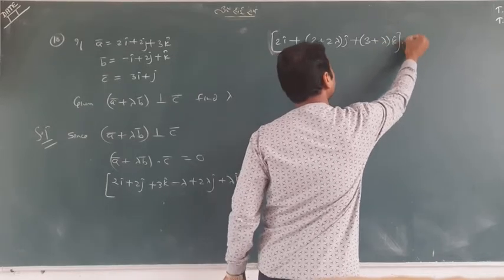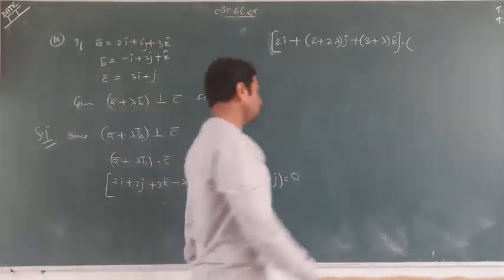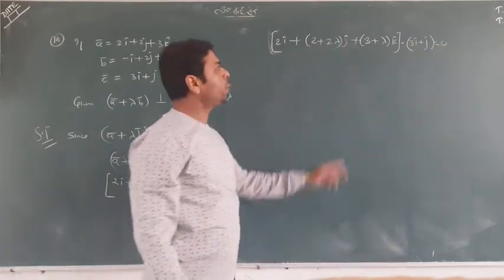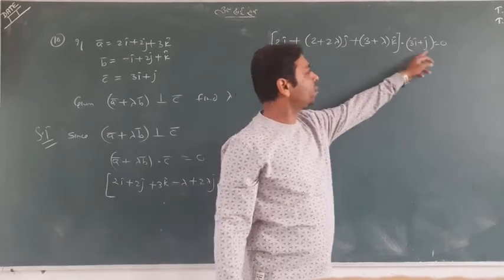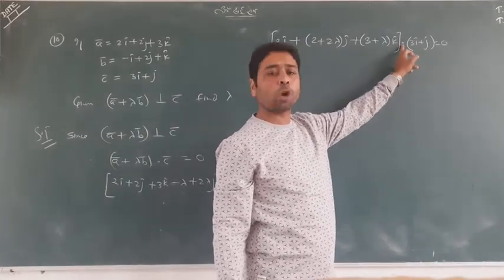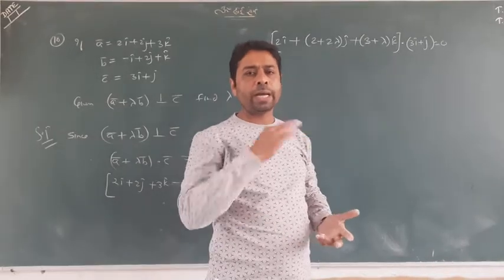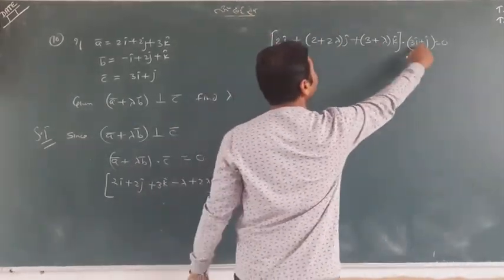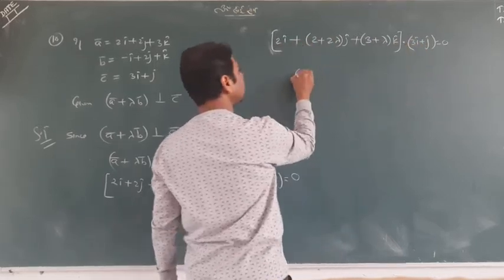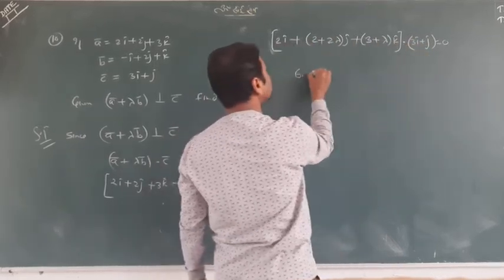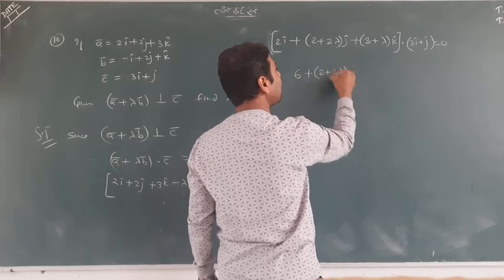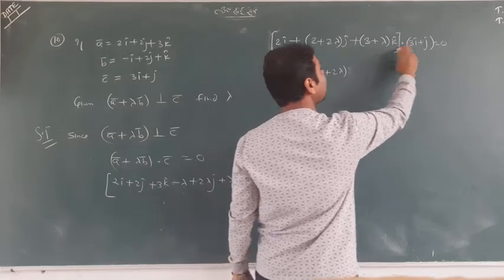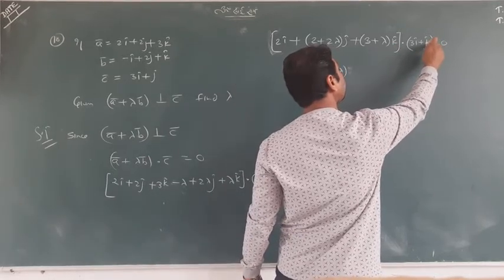That is how I made a simple vector in ijk, and 3i plus j is still here, and the dot was 0. Now it's an ijk vector, you can multiply these two as a dot product. You know how to do dot product. i and i multiply, j and j multiply, k and k multiply. Do it. i and i multiply: 2 threes are 6. j and j multiply: 2 plus 2 lambda, coefficient of j and coefficient of j is 1, need not write. And k, unfortunately k is not here, meaning 0k.